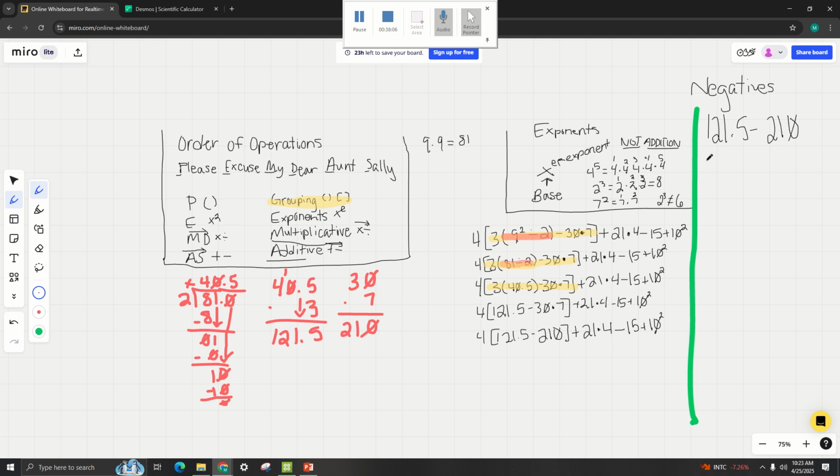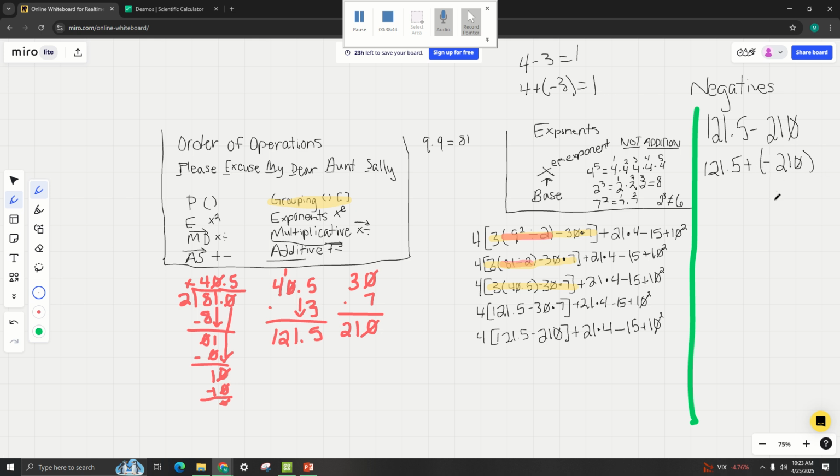So subtraction and negative numbers are very closely related because I can rewrite this problem as 121.5 plus negative 210. This is what subtraction problems really are. Like if I have 4 minus 3, I'm really taking 4 and adding a negative 3 to it. So 4 minus 3 equals 1, 4 plus a negative 3 still equals 1. I'm taking 3 away in both these instances. They're just written differently. And the reason why it's important for me to write it this way is because my